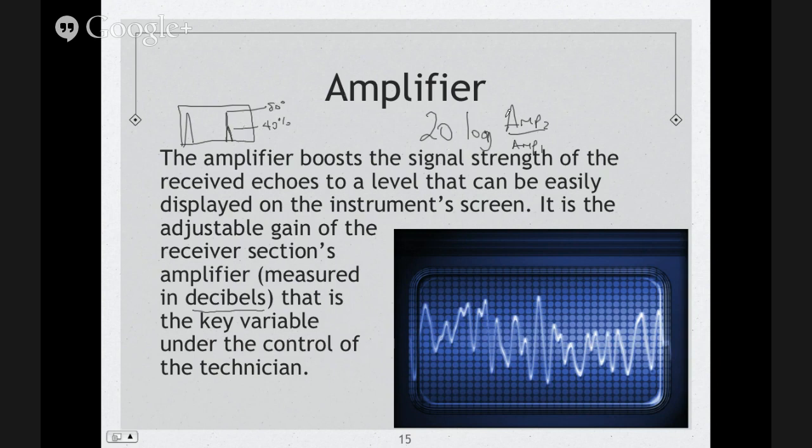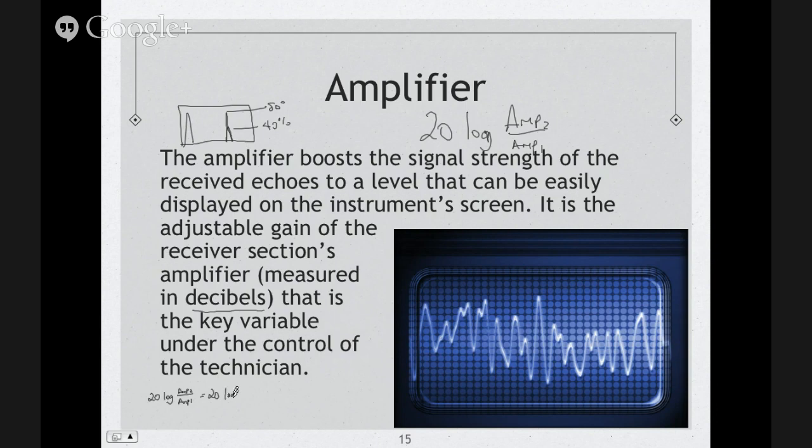With this formula we can say 20 log amplitude 2 over amplitude 1. We had said our amplitude 1 is our starting amplitude,